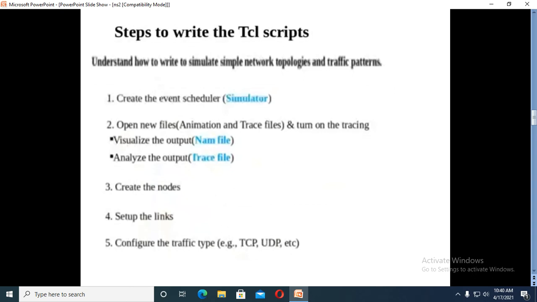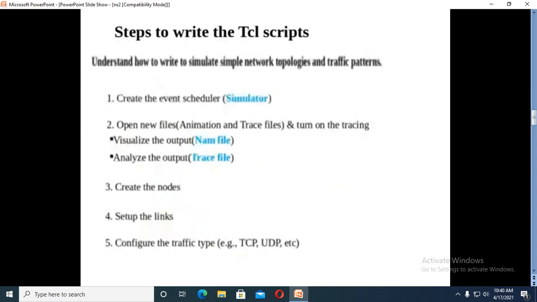This is your simulator. Now first thing you are going to create, because you have to start your NS2 program, you have to start your simulator, right? You want to simulate and check how the program or how your network is working, or what is the problem given for us. So first thing is you are going to create an event scheduler, which is called a simulator. Now here the simulator is a main class, like in Java, how Java is the main class. Under Java only you have got so many classes. Similarly here our main class is simulator. Now you want to create an event scheduler. This is the first step.